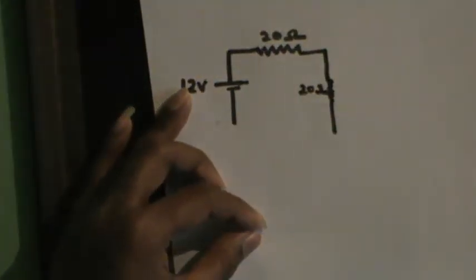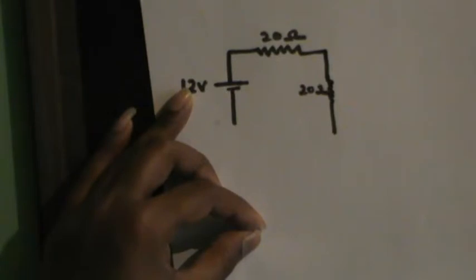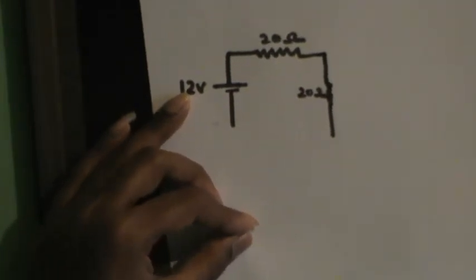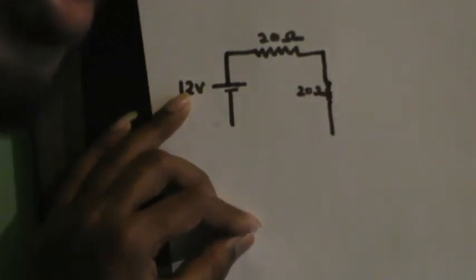Another two resistors are connected to these resistors: one resistor is 8 ohms and the other resistor is 30 ohms. So here is 30 ohms,